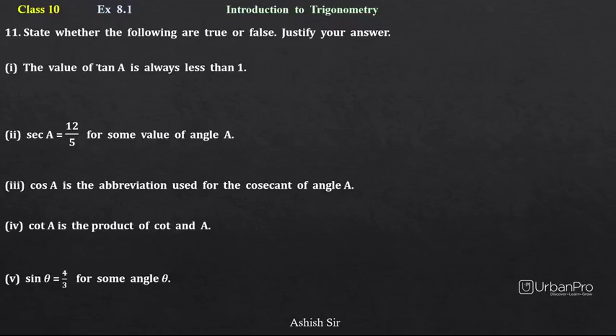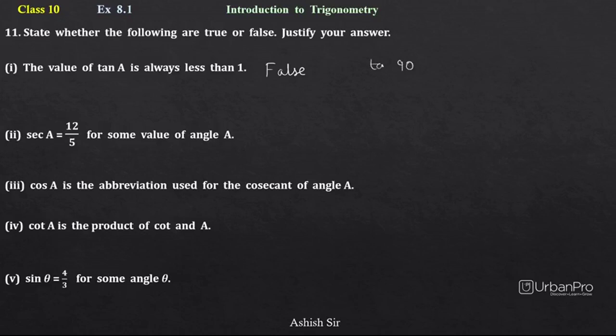Now question number 11. State whether the following are true or false. So first one, the value of tan A is always less than 1. So this statement turns out to be false because we know that if we see tan